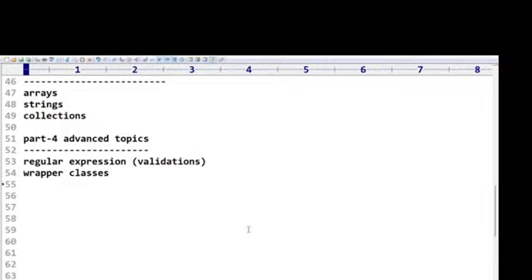Next, exception handling. Next, multi-threading. After that, very important: lambda expression, new features, functional interface, then Stream API. These things I'm going to cover. These are Java new features. And the last part is